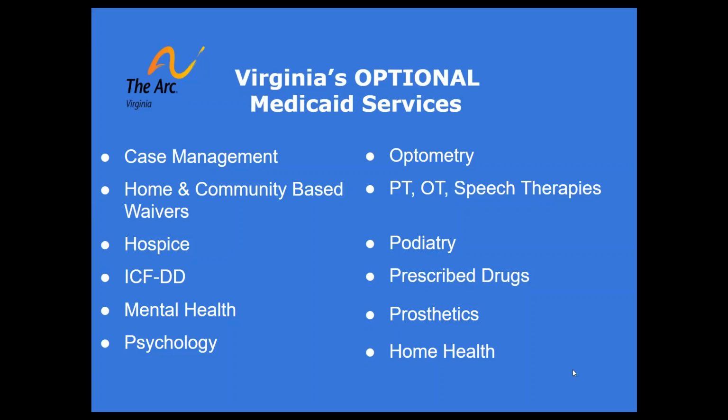Virginia has chosen to provide these optional services: case management, home and community-based waivers, hospice, intermediate care facilities, mental health, psychology, optometry, physical, occupational, and speech therapies, podiatry, prescribed drugs, prosthetics, and home health. The Medicaid waivers that we are going to learn about are called broadly home and community-based care waivers. What is noteworthy is that waivers are optional. States do not have to provide